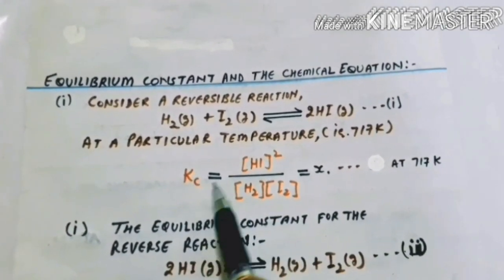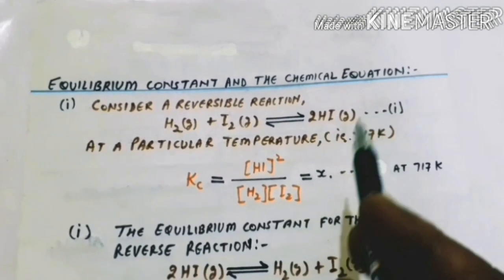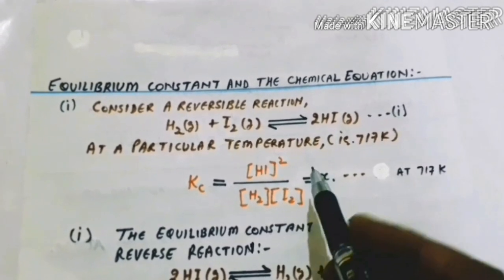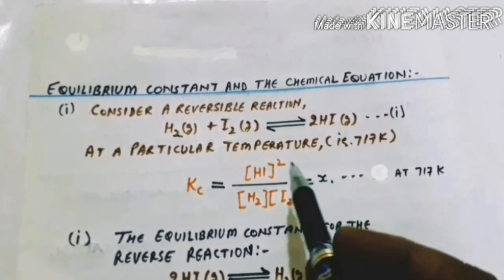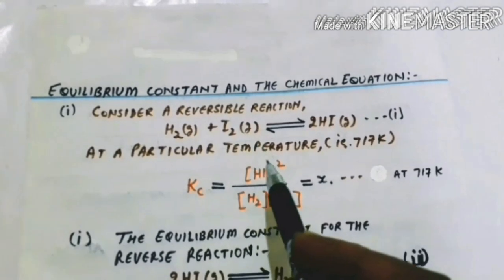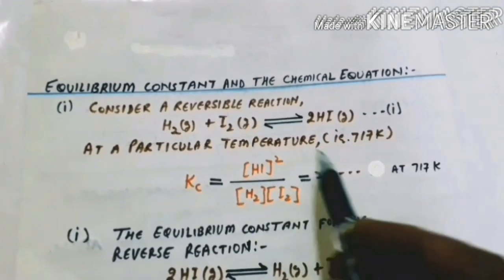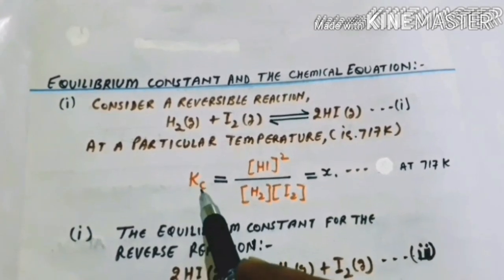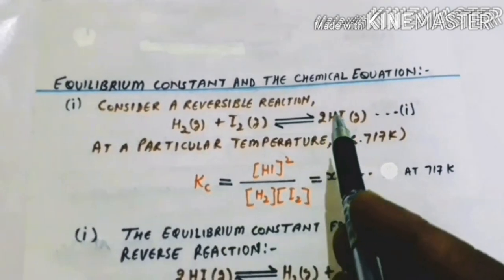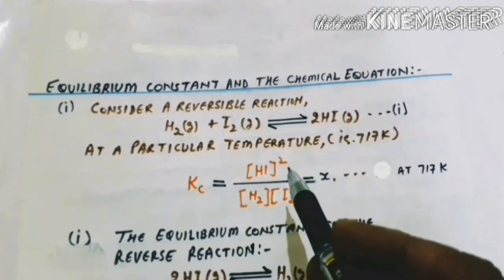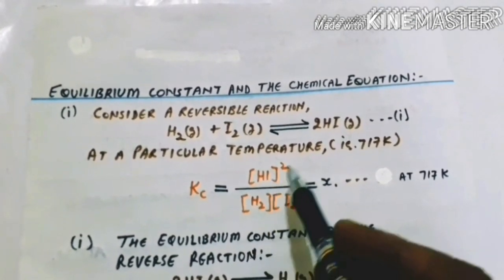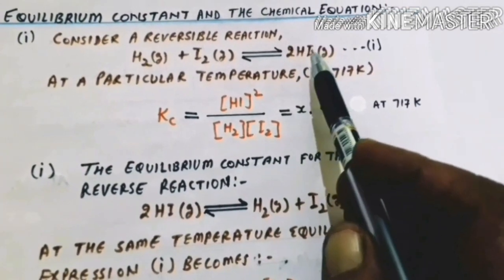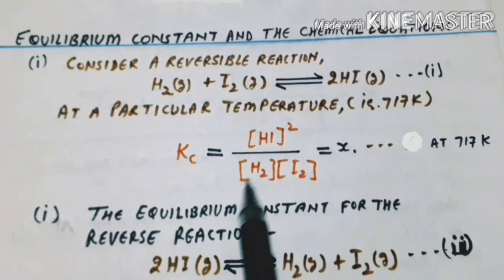The equilibrium constant Kc for the forward direction. According to definition, it is given by the ratio between the product of the concentrations of the products to the product of the concentrations of the reactants, in which each concentration term is raised to power equal to its stoichiometric coefficient given in a balanced chemical equation. So here, equilibrium constant Kc for the forward reaction is given by concentration of hydrogen iodide in mole per liter raised to power 2. Here, power 2 is the stoichiometric coefficient of hydrogen iodide in a balanced chemical equation over